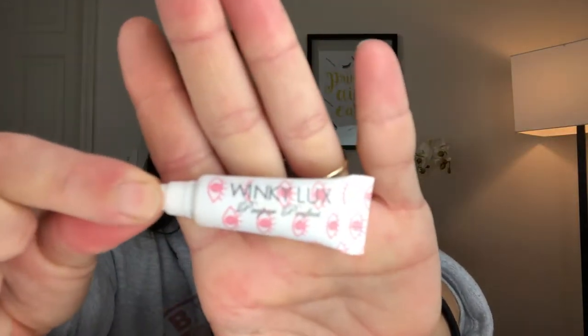The first thing I'm using today is going to be a concealer on my eyelids. I've actually been priming my eyes with my Urban Decay as normal and then going over it with a concealer as a base and setting it with a setting powder afterward. That seems to be working just very nicely to hold my eyeshadow just a wee bit better than what it normally does. So that's a new technique that I have been trying,